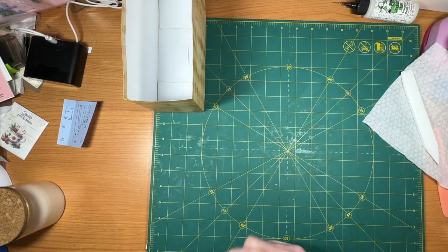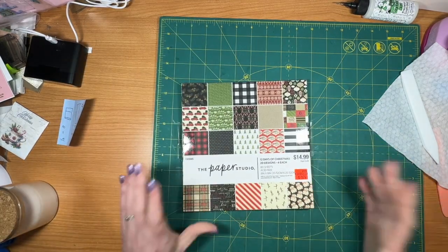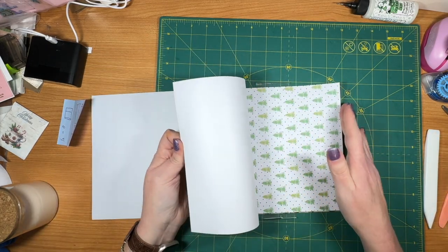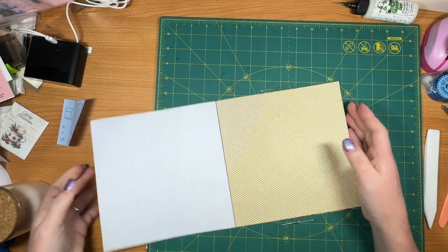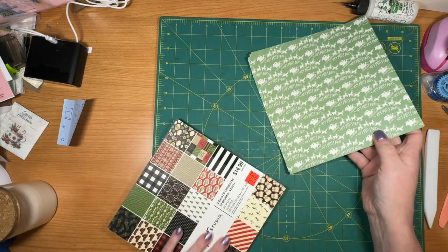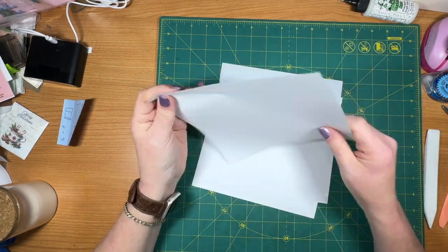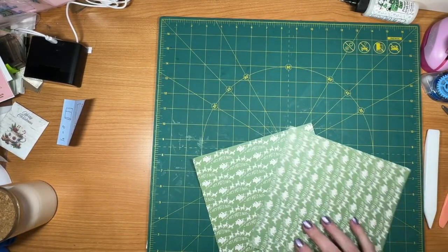So now that we've done that one, let's look at some other papers I've got. I got these a long time ago somewhere. And all I'm going to do is pick 2 pages out of here the same way I just did the other. I don't know that I want the plaid though. I want something, this will work. So if you have a lot of these scrapbook papers that are just paper, not real thick, this would make great gifts. So let's do 8 by